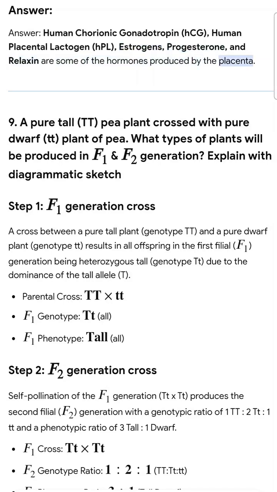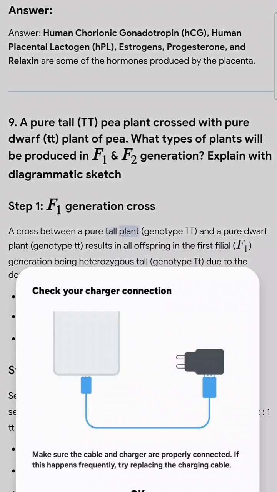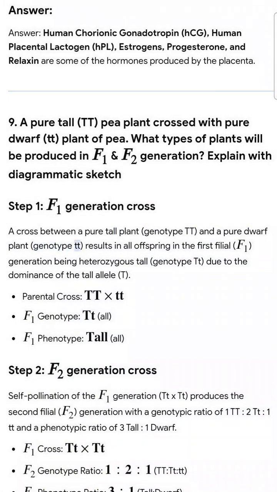the placenta. 9. A pure tall, TT, pea plant crossed with pure dwarf, tt, plant of pea. What types of plants will be produced in F_1 and F_2 generation? Explain with diagrammatic sketch. Step 1. F_1 generation cross. A cross between a pure tall plant, genotype TT, and a pure dwarf plant, genotype tt, results